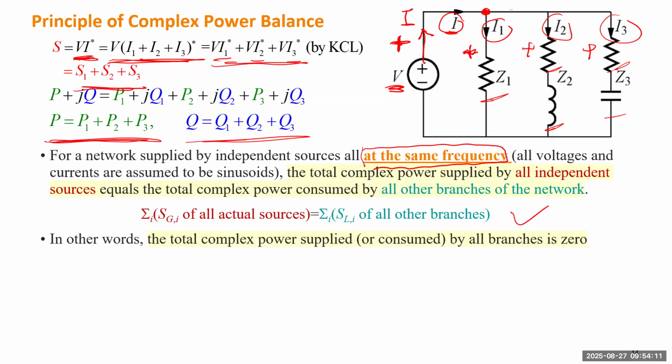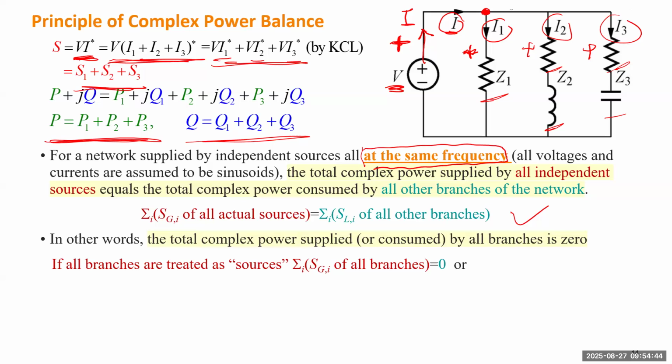So if you treat everyone to be a source, which means you move everything on the right-hand side of the equation to the left. But be careful when you move any item from right to left, you have to treat that branch as a source, which means you use the voltage at the positive terminal and the current leaving the positive terminal, which will be this formula. You just treat everyone to be a source. You calculate as a source. Then the right will be 0,